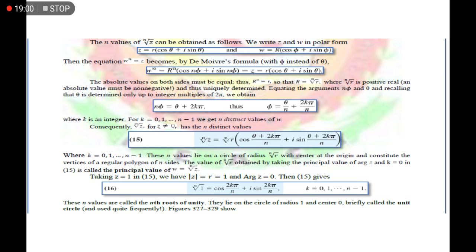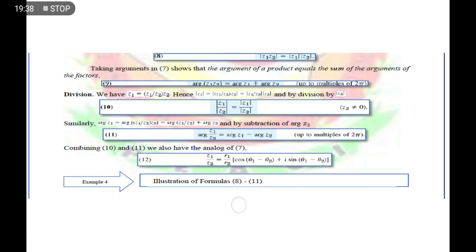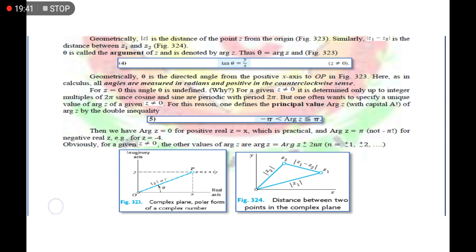There is something I did not discuss yet about the argument. The argument has two kinds. We have a specific argument, which is just the argument of one value only. It only represents one graph in our complex plane. But we also have what is called the principal argument, or the general one. It represents only one complex number but with different references. Why? Because, for example, if we have a complex number like this one,